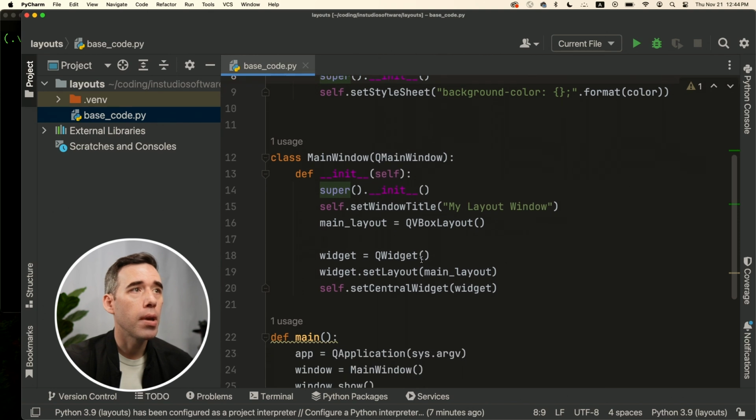Down here, we have a main window class that overrides the main window. In the init function, we run super, we set the window title, we set a main layout. In this case, I'm setting QVBoxLayout. We'll be getting to that layout as our first layout we look at in a moment. I create a widget, I set the layout for that widget to be the main layout,